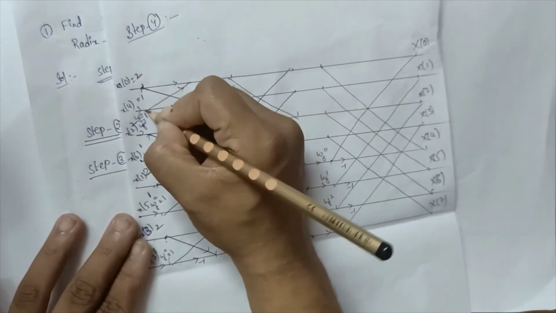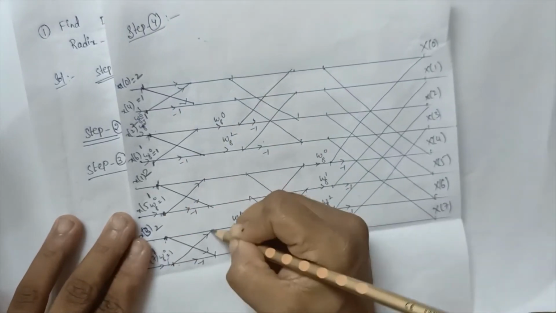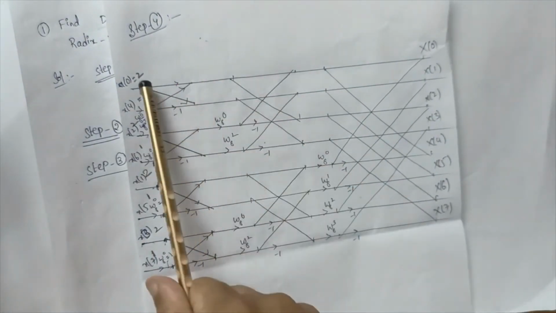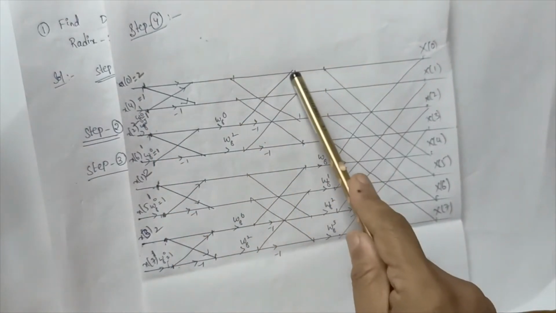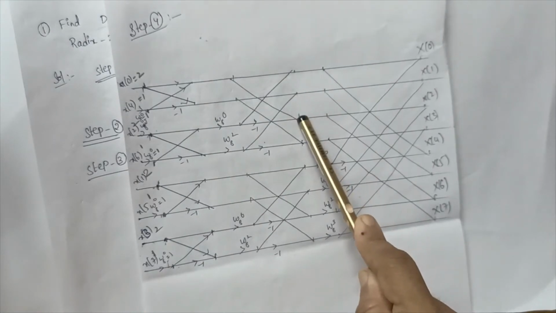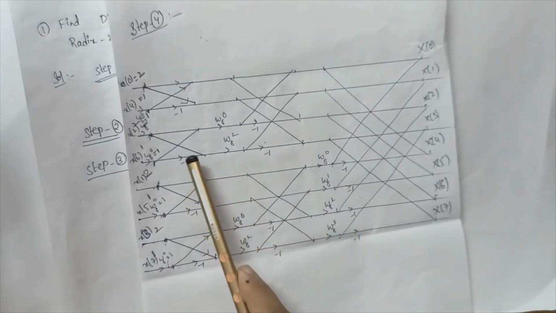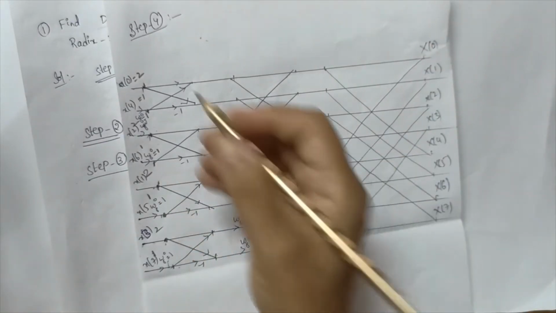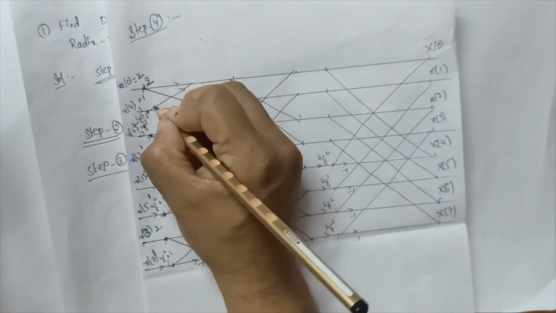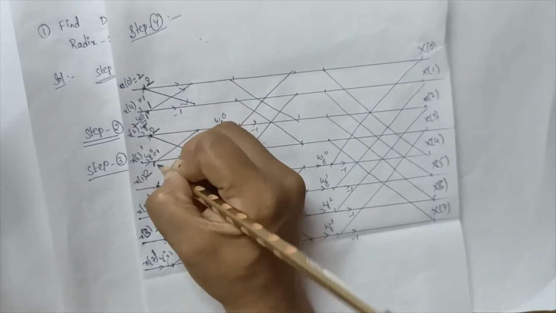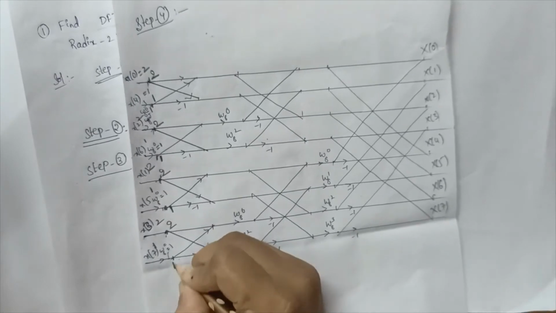Now these are the pre-values, the points just before this stage. For every stage, these points represent pre-values and these points represent post values. So we'll calculate stage by stage. First we are going to calculate pre-values for stage 1. So pre-values will be this point, and 2 will directly come here: 2, 1, 2, 1, 2, 1, 2, 1.